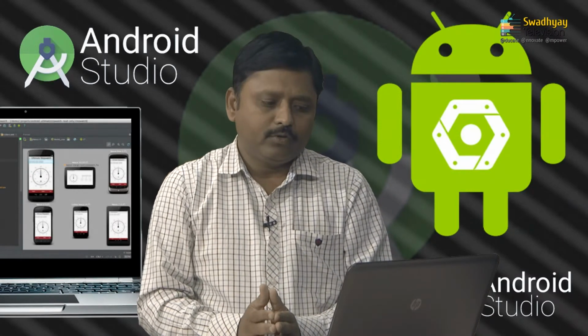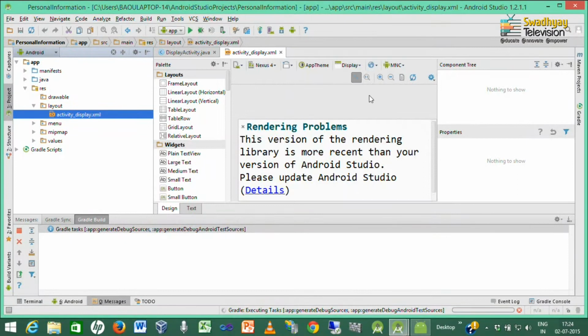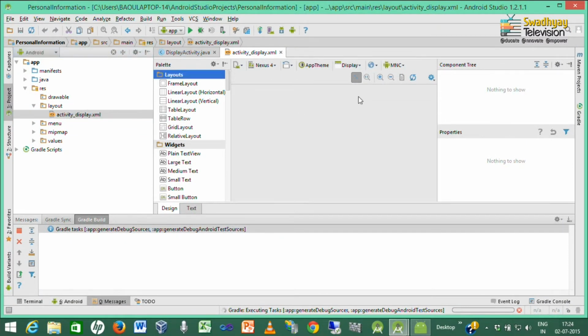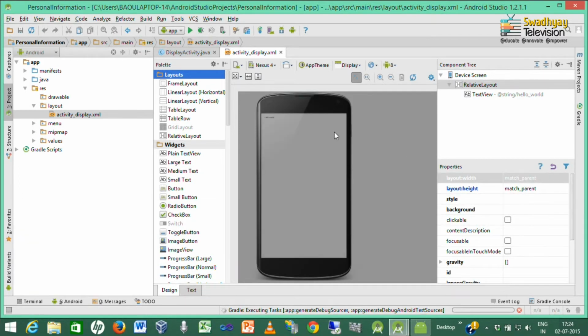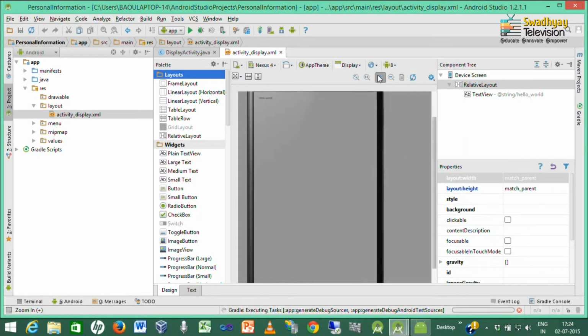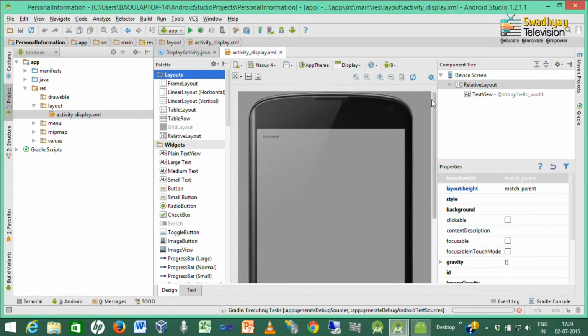Here we can see on the screen that it created the activity underscore display dot XML file which represents our interface, and the display activity dot Java file which represents our activity file.